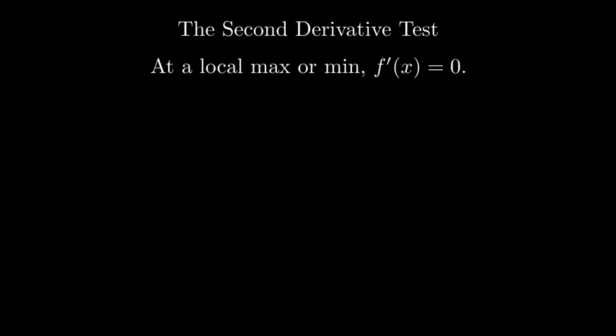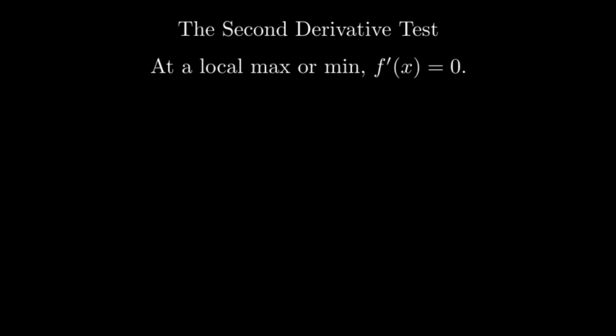This is called the second derivative test. First, let's recall what a local maximum or minimum is. These are the peaks and valleys of our graph. They occur at stationary points, which are points where the first derivative is 0. So at any local maximum or minimum, the slope of the tangent line is horizontal, meaning f prime of x equals 0. The second derivative test gives us a quick way to determine if a stationary point is a maximum,